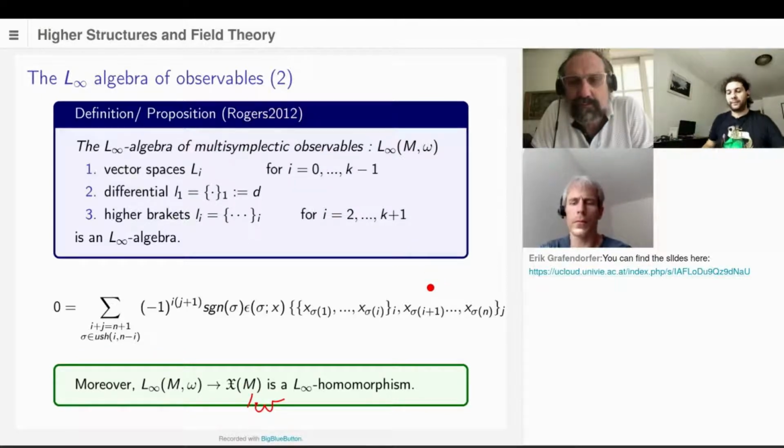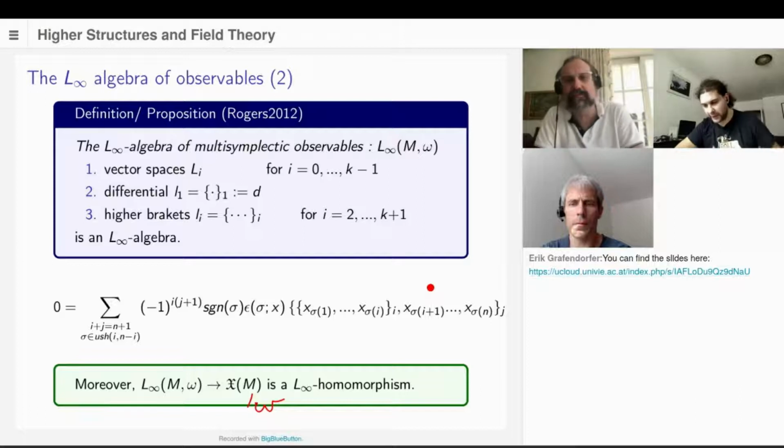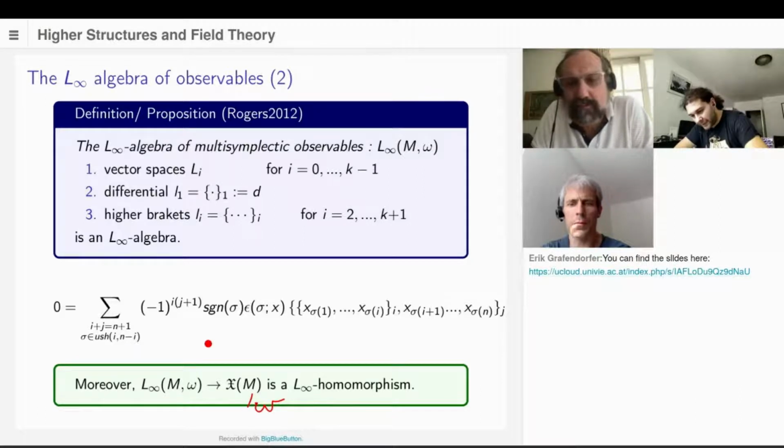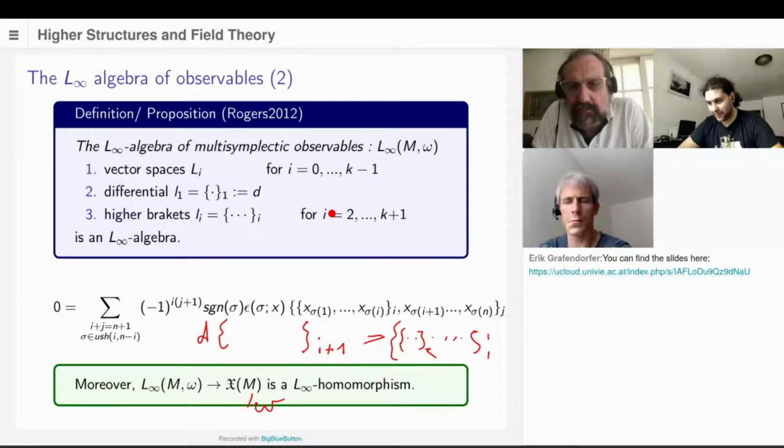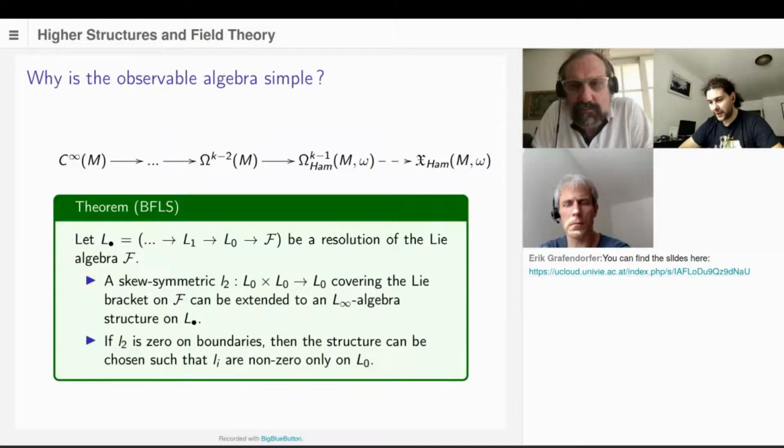Now, this horrible identity in our construction actually only has 2 terms. There are terms of the type D of a bracket that takes I plus 1 elements, and a bracket that takes I elements, and inside it a bracket that takes 2 elements. So this Lie infinity algebra has a very simple type, and one possible way to explain it is